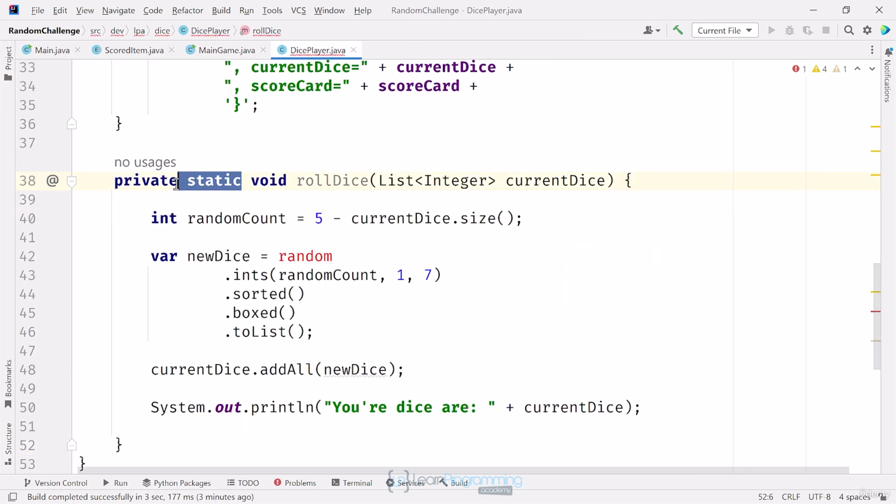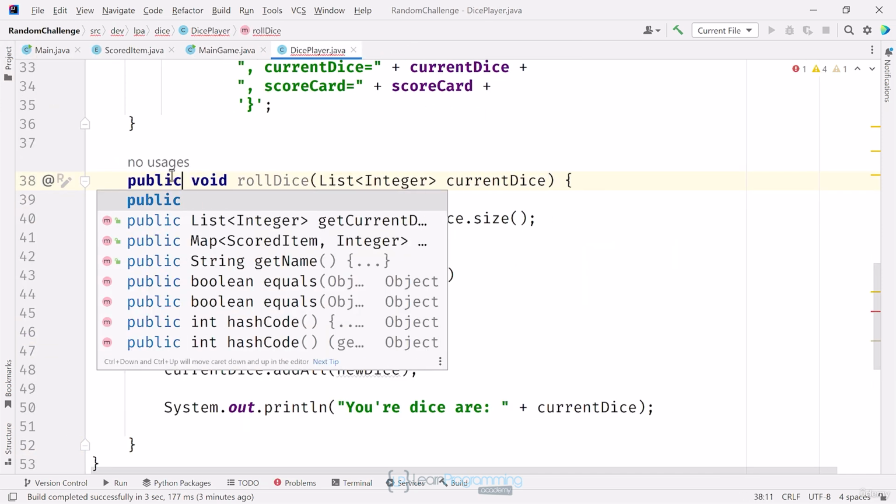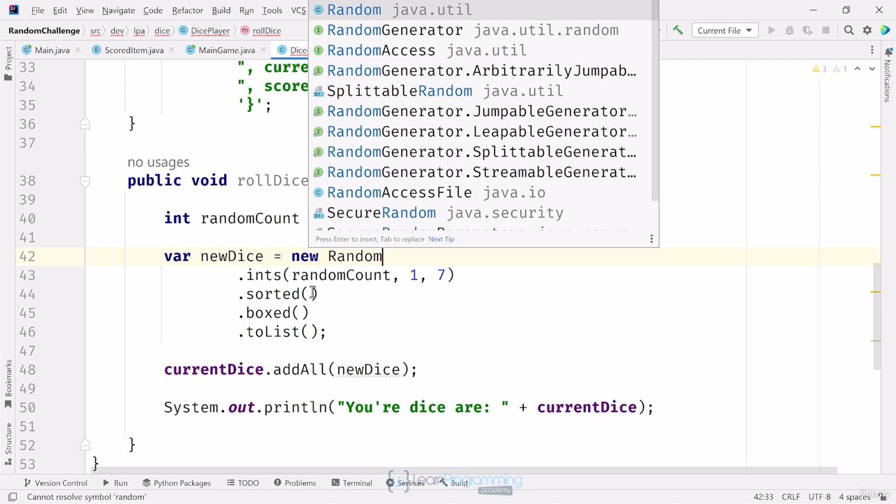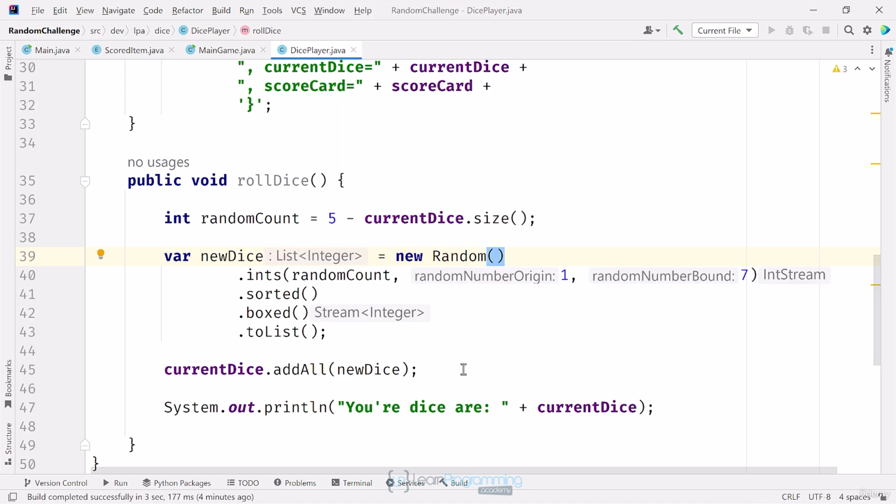I'll make this public and remove the static keyword. I'll also remove the parameter. Since current dice is a field on this class, I can simply access it. I don't have a static random field on this class, so instead I'll just call a new instance in this method. Okay, that's just part of the functionality I need, but before I complete it I'll create the dice game